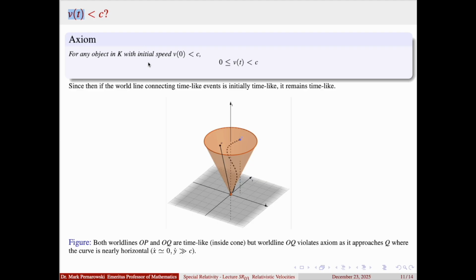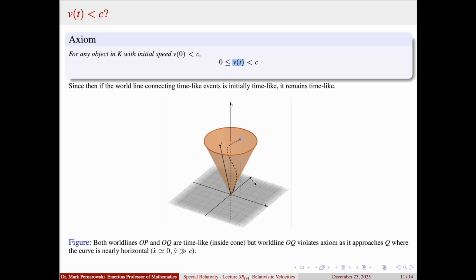The axiom goes like this. It's that if I see an object with a speed that's initially, at time t equals 0, less than c, then the axiom is that for it to be reality, we're going to assume that the velocity is always less than c for the rest of time. What that means, if you think about it, is that if you start off as a time-like trajectory in space-time,